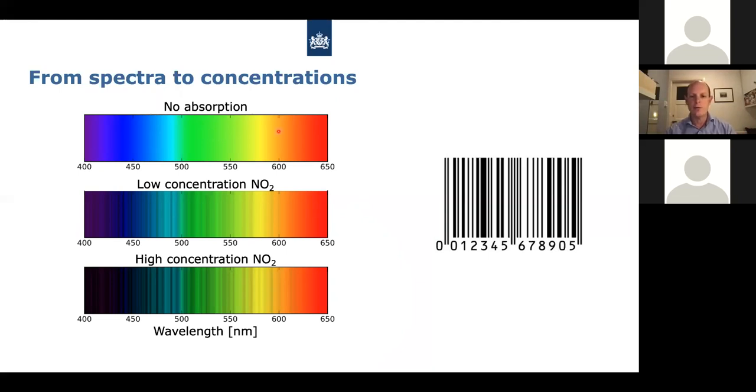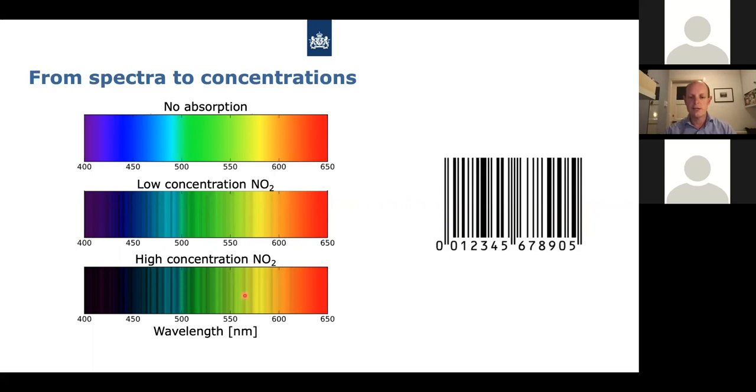If you have no absorbing gases, and if you have some concentration of NO2, and a high concentration of NO2, you see all these lines, and these are the lines where NO2 specifically absorbs the light. So each gas has its own absorption spectrum, and we can use that to really recognize the gases like a barcode is used. When you increase the amount of NO2 in your spectrum, you see that these lines darken, and